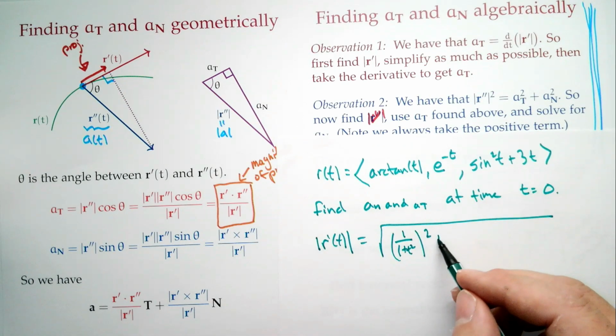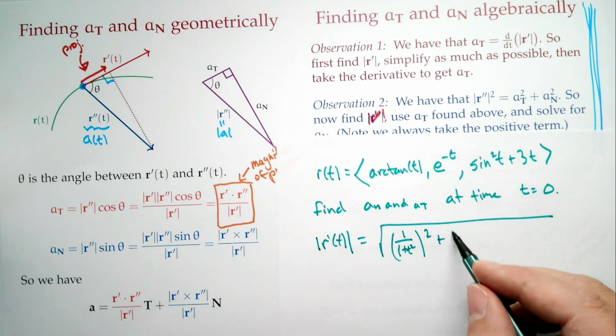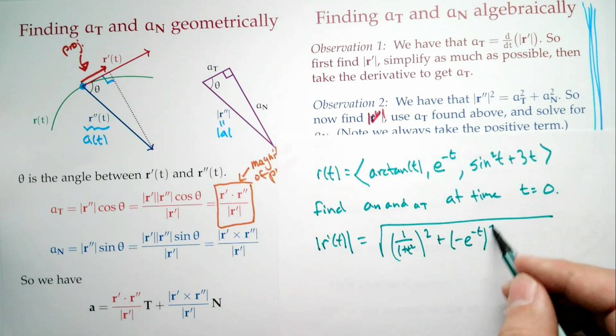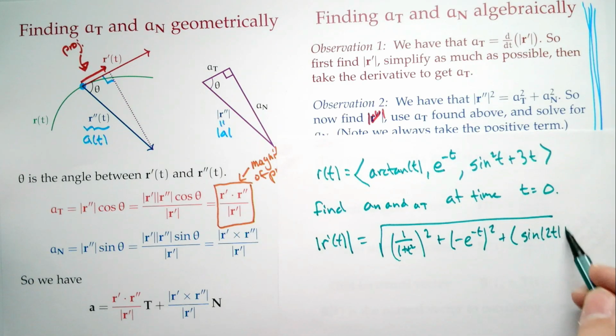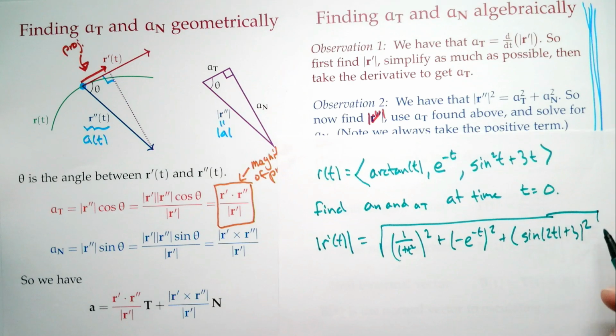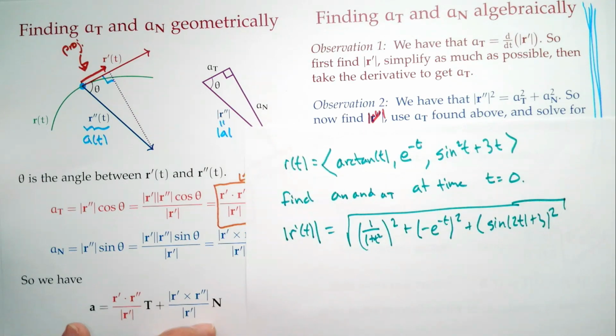And then you have to take the derivative of e to the negative t minus e to the minus t squared. Then you have to take the derivative of sine squared t, which is sine 2t plus 3 squared. And you'd have to take this derivative. You can't avoid it. And then from there, you'd have to move on. Okay. Taking this derivative of the magnitude of r prime of t